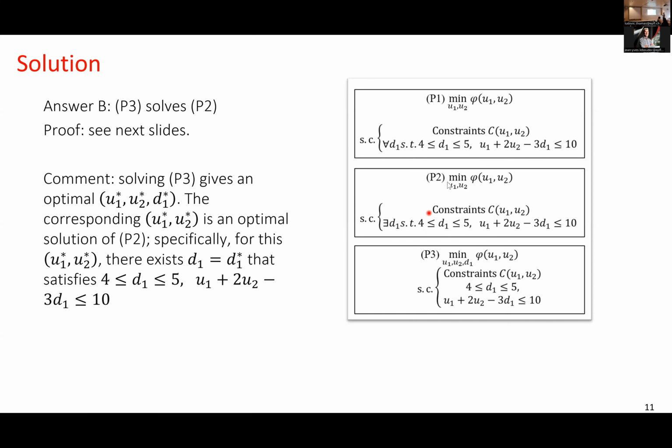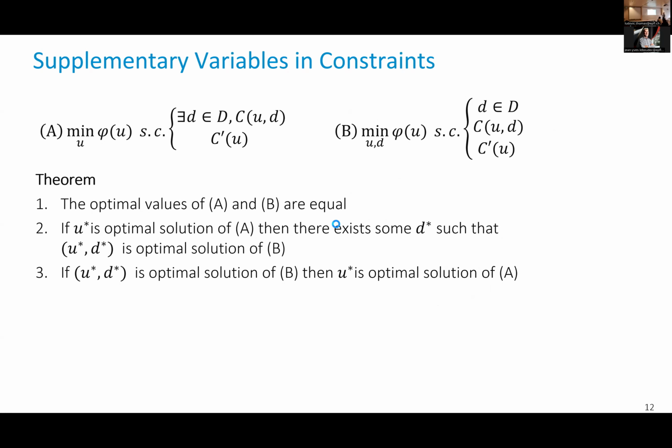The only difference is that in this case, we don't care about D1. We are not interested in the value of D1, whereas here we care about the value, but that just means whether you return the value or not, which is entirely different from this. For all D1 is not the same as there exists. We've seen that if we remove the quantifier from here and there, we obtain different sets of constraints. But here, the take-home message is, if there is